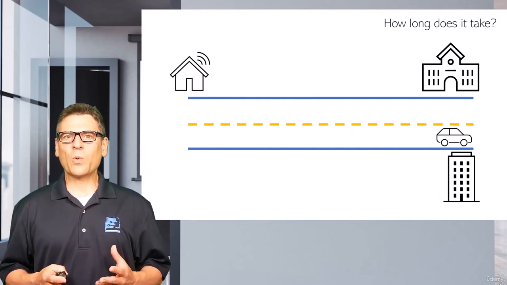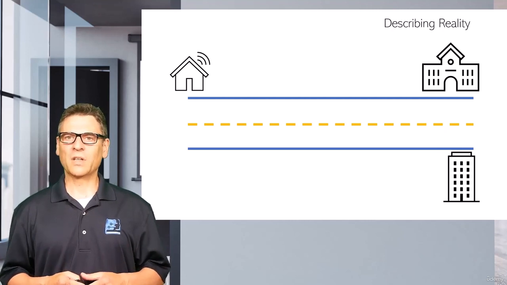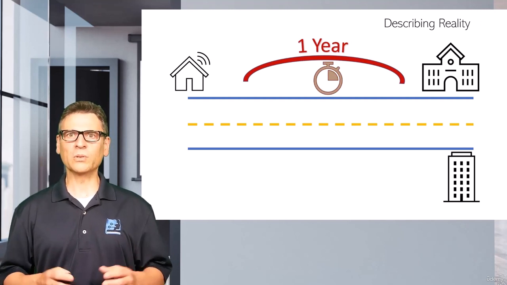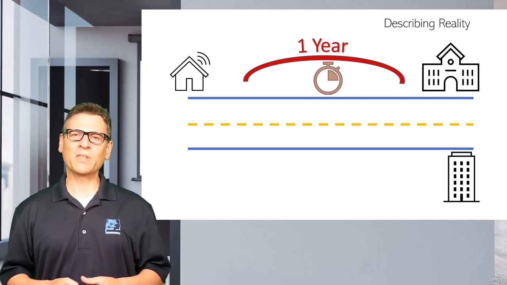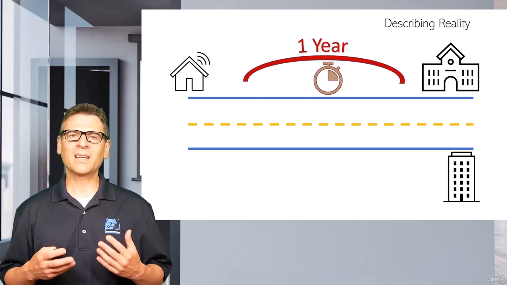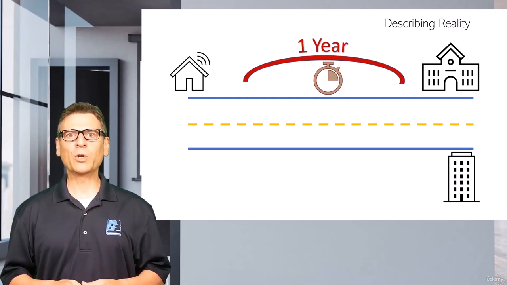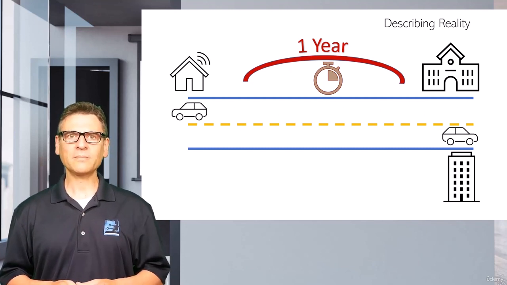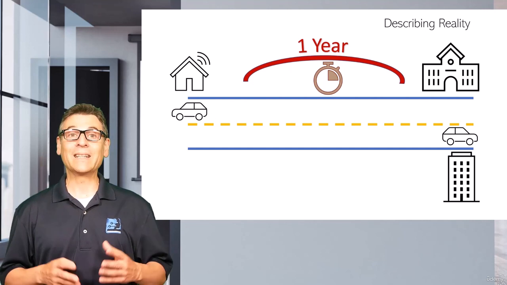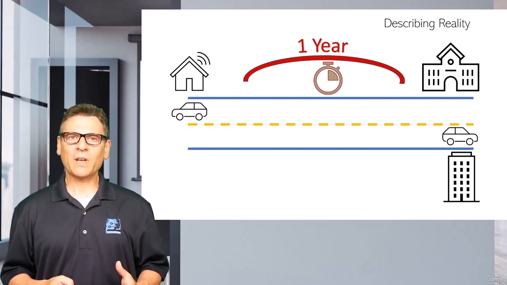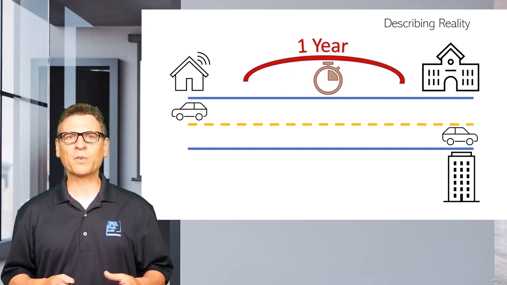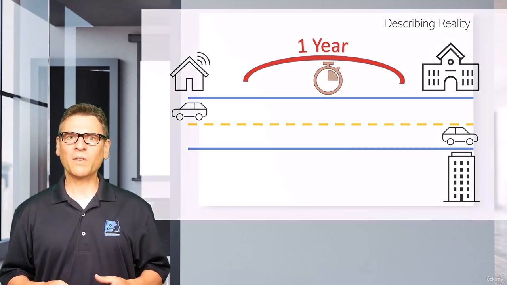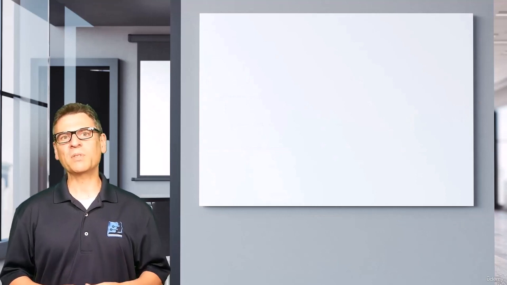You can answer this question very methodically. For the next year, take note of the time needed to get to your office or school. You don't need to do this every single day, but let's say take 10 measurements a month by going to the office and back from the office. Take notes. I ask you to do this for an entire year, so the data will reflect seasonal changes and the type of commute both to and from the office. In this way, the data will reflect traffic patterns at different times of the day.